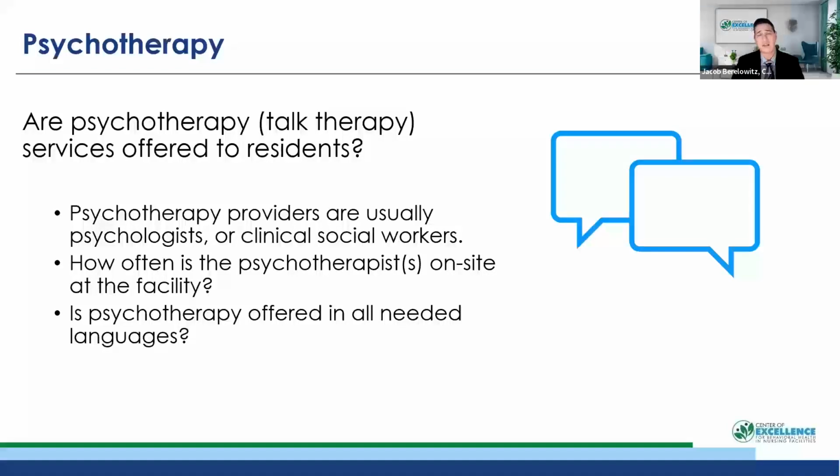So identifying that, do we have a challenge there? Do we have some residents who are struggling to meet their psychotherapy needs? And also, if you're in maybe a rural area, you might have trouble finding in-person psychotherapy services altogether. And so you might be offering telehealth. I know a lot of folks are doing that during the pandemic, but that's continued for a lot of facilities that maybe have trouble finding in-person psychotherapy. And it's acceptable to use telehealth psychotherapy, but I'm sure that most people would agree it's probably not the same as that in-person feel for talk therapy.